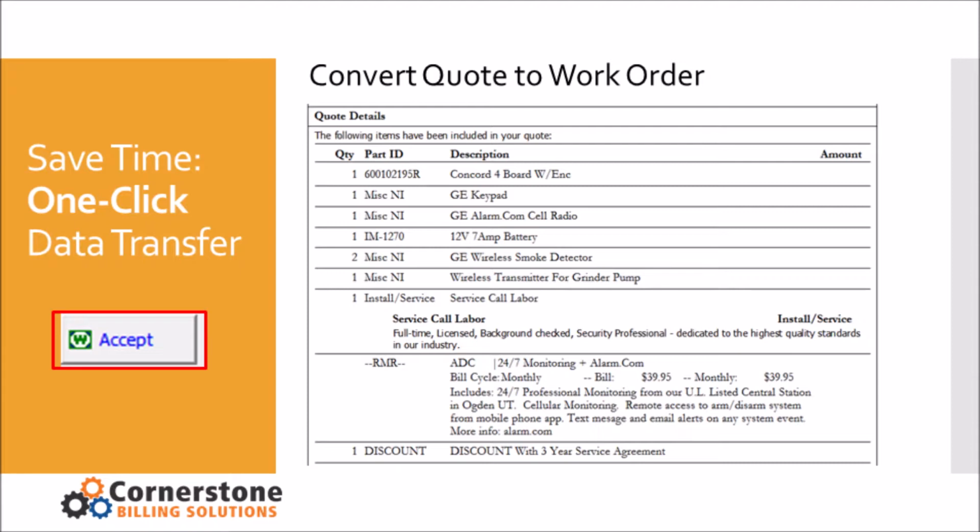So once the user clicks accept, that information is moved over to two things. First, a customer record. So you create a new customer record in the software without having to manually enter that information. Second, a service ticket is created, so it goes directly into a job, into the workflow, without any more data entry, because there's a lot of data in some of these quotes, a lot of parts and labor. So at this point, you should just be able to assign a technician, schedule a job, and move on with your life. Big, big time saver.